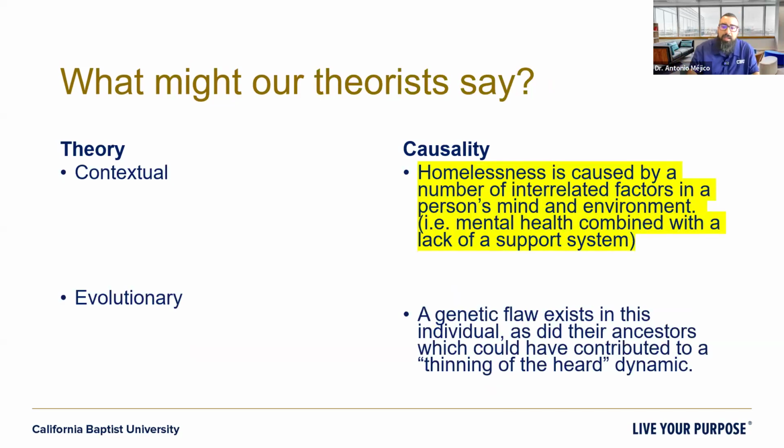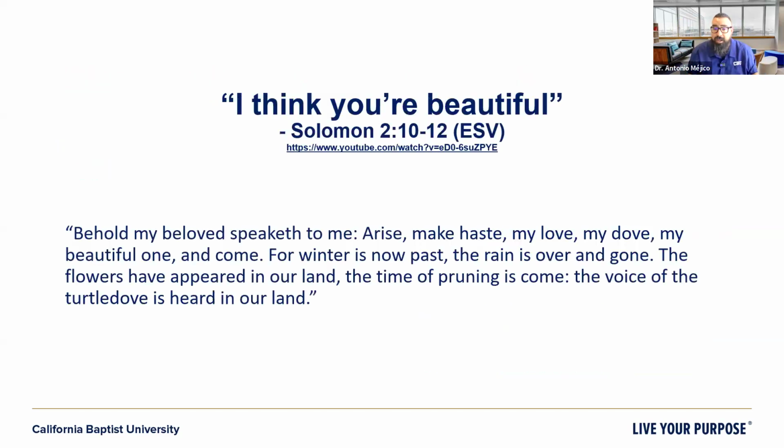Contextual theorists may say homelessness is caused by a number of interrelated factors, right? Maybe their mental health and their environment. You heard that woman, the woman who shared about her background in chain smoking and things. Well, she also disclosed she had a mental health disorder, right? She had schizophrenia. And so she had a mix of substance dependency and mental health concerns. We call that co-occurring or dual diagnosis. And as a result of that, that can be very difficult to manage. And you definitely need a support system around you, not only of mental or medical care, but you also need a strong support system of friends or family to see you through those difficult times, okay?